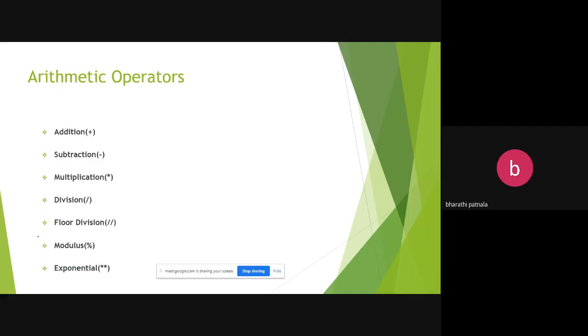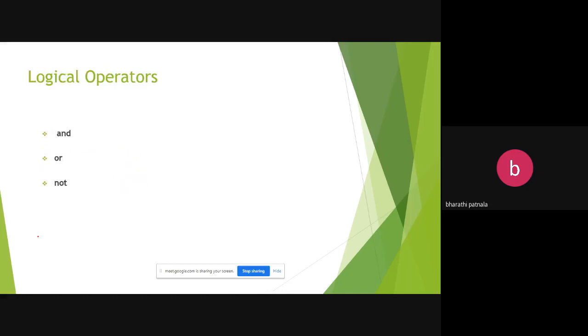Next, coming to the next operator, relational operators. Relational operators are used to know the relation between two operands or between two conditions. A condition may be a variable or a relation between two variables.